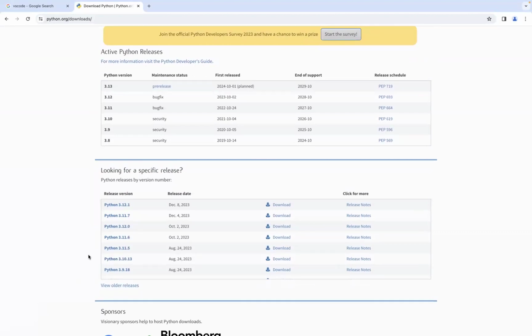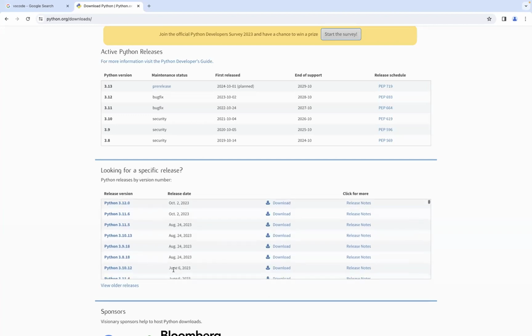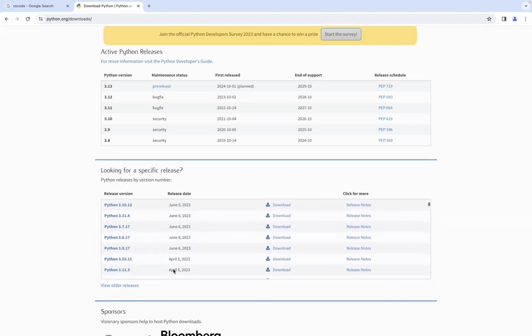So to avoid that, you choose not the latest version, at least a minimum of 4 or 6 months back. For example, you could download Python 3.9.18, because it was released in August. It might be stabilized right now, and people might have used it in their enterprise applications. I'm not sure, but that's what I recommend. Even if it is the latest version, don't worry, that's not an issue.